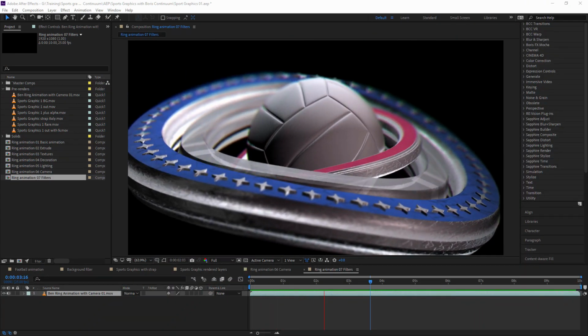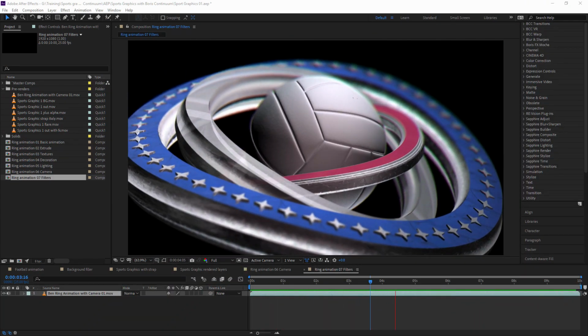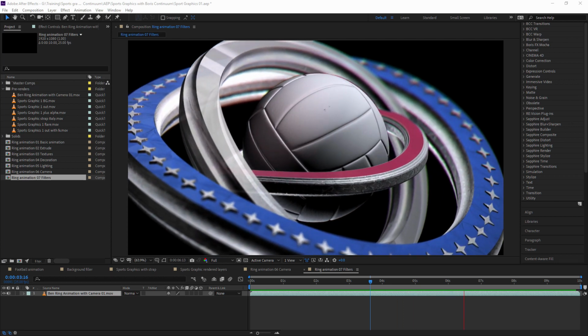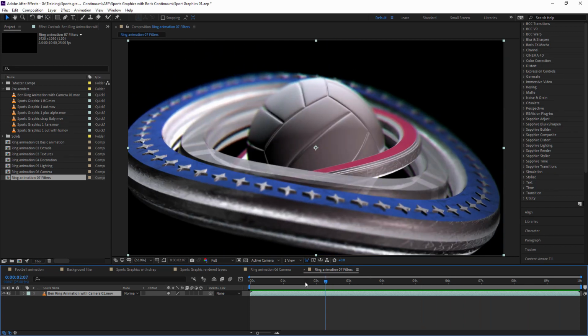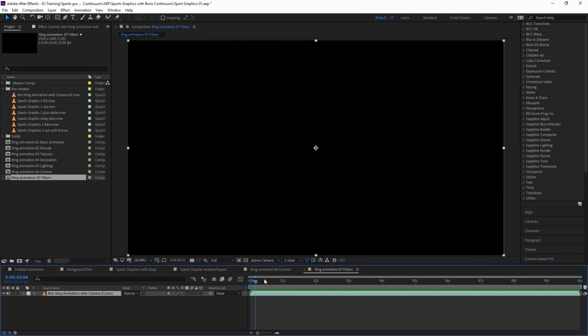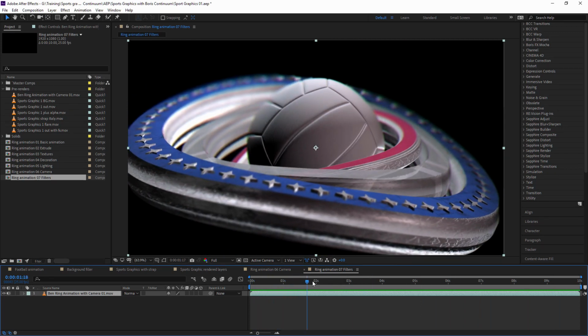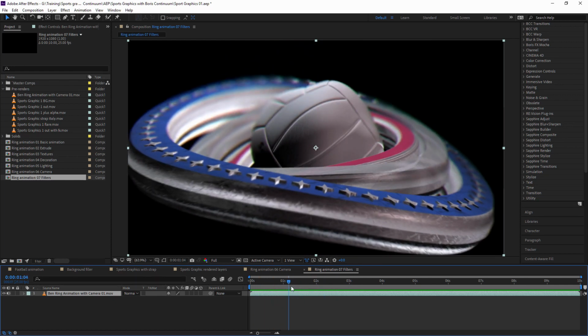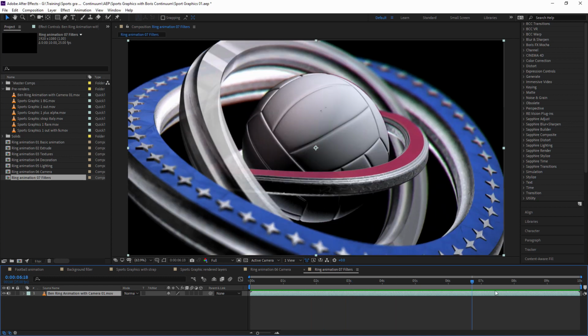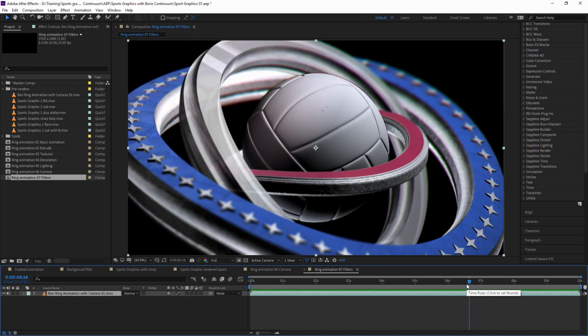Alright, so here is the result of the render that we've done, and it's not looking too bad actually. I'm liking where this is going. We've got the animation coming in, we've got the depth of field so it comes into focus, got the little wobble on the ball there. Yeah, I like that. Right, but we now need to make this a bit more interesting.